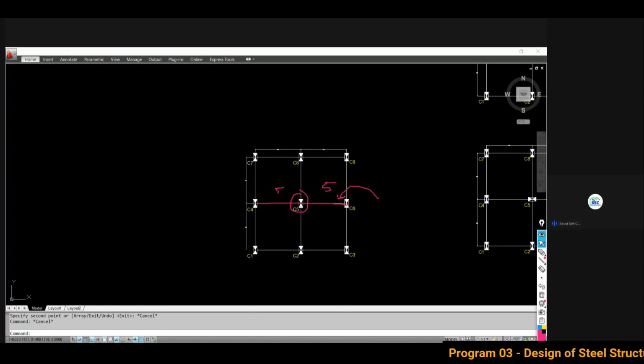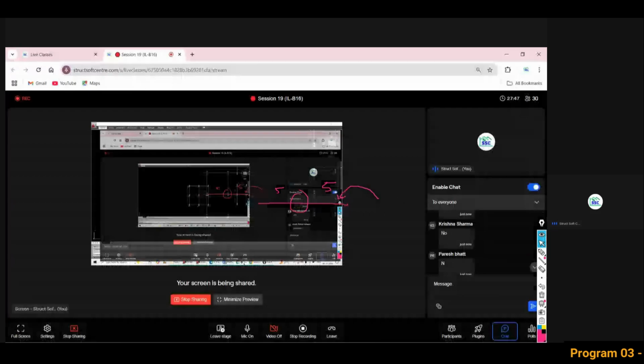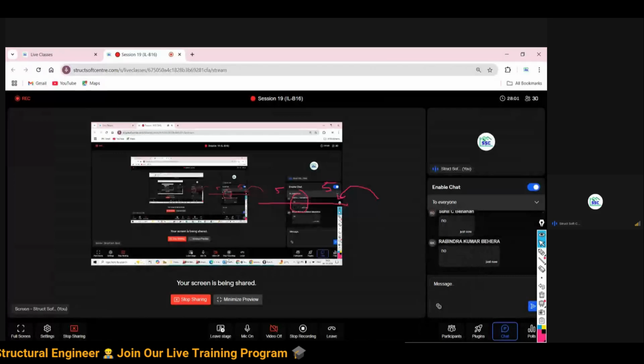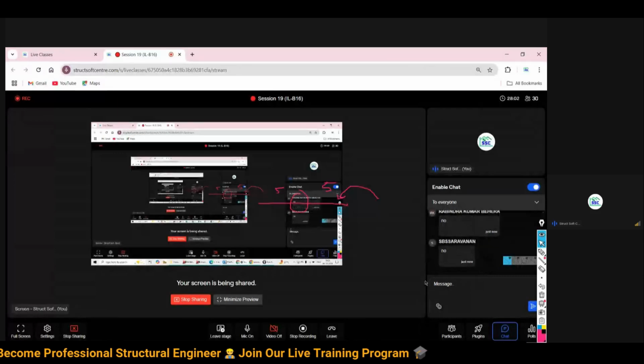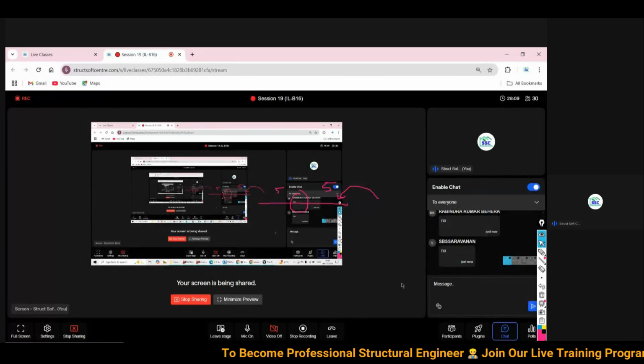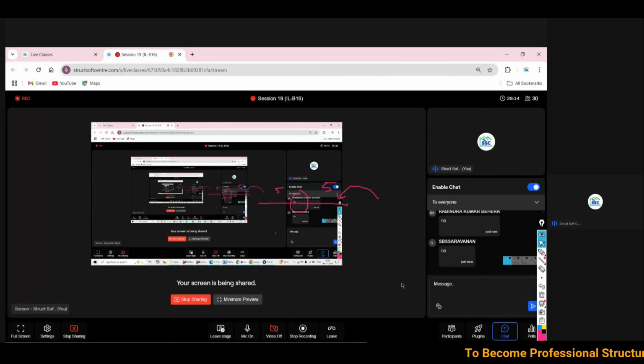Will you take the responsibility, and is it possible? Please tell me, is it possible practically? Tell me, is it practically possible or not? It is exactly not possible. That's why, my dear friend, I am calling it an ideal condition, that you get your column exactly with a concentrated load. With a concentrated load, it is the ideal condition.